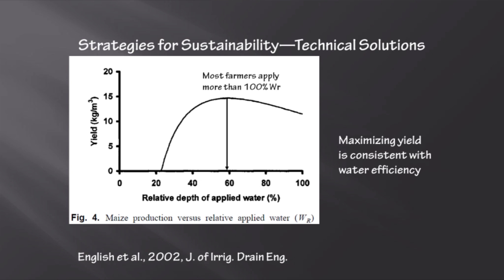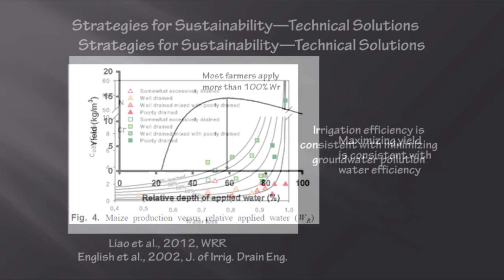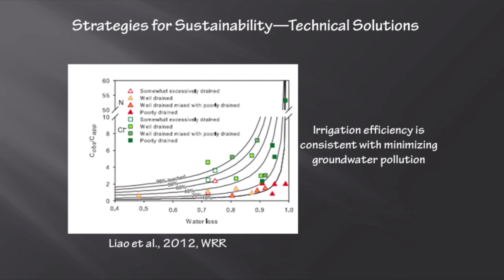So what is this saying? This is saying that we need to grow food over larger areas and water less. And there's a significant benefit to that, as I'll show, and that is in terms of groundwater pollution. And so this is actually a win-win situation. We can produce more food for a lot less water, and we can reduce our groundwater pollution significantly.